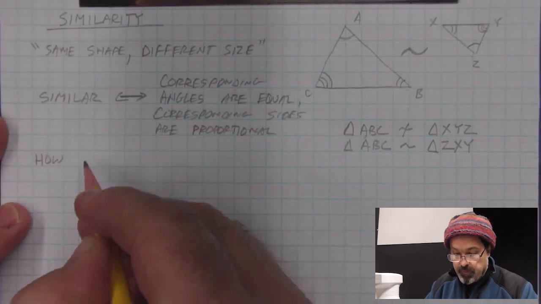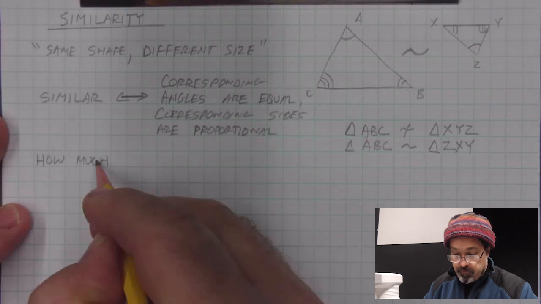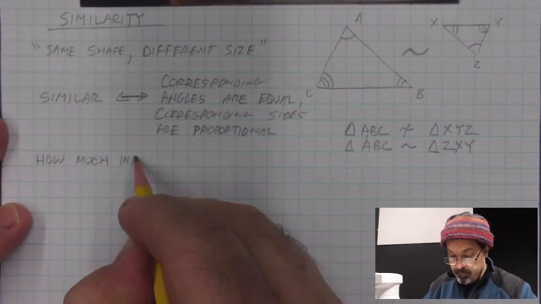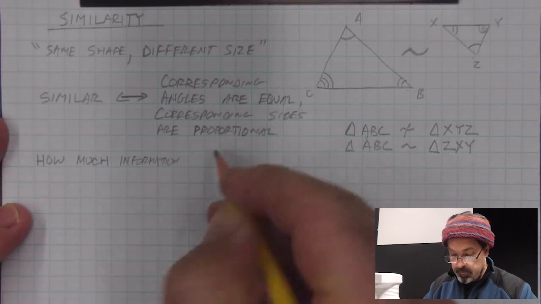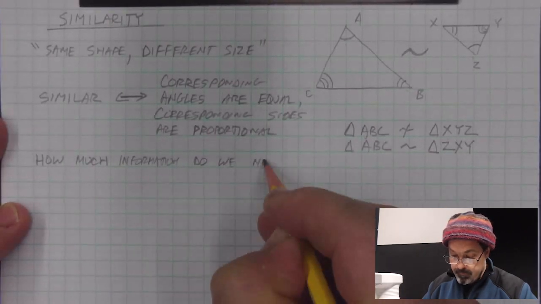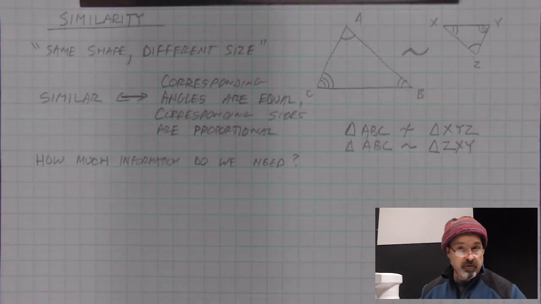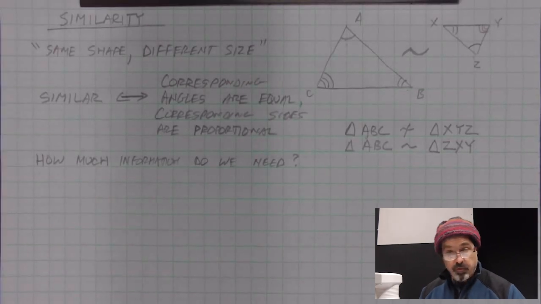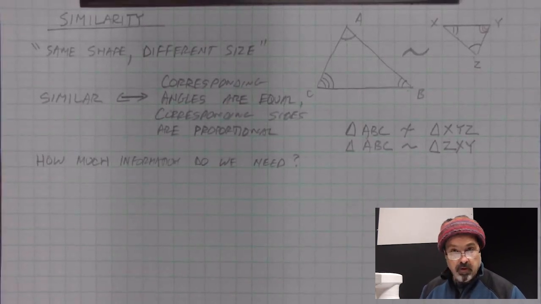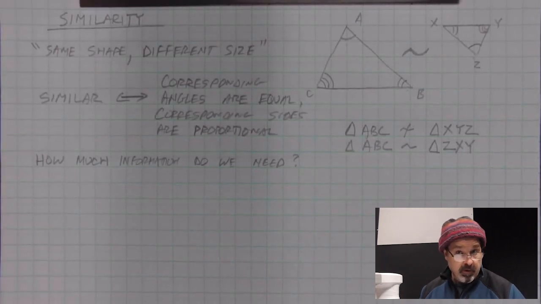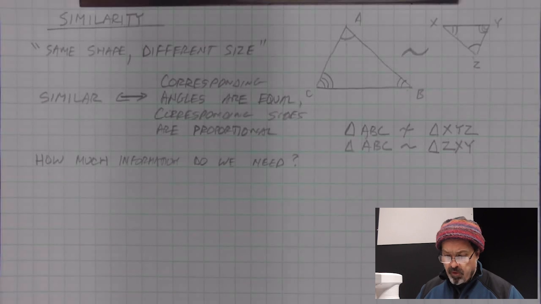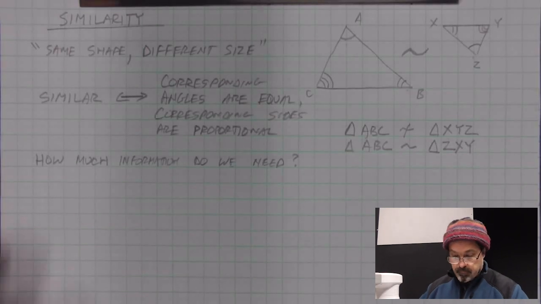So how much information do we need to prove that triangles are similar? We could certainly have all of the angle measures and all of the side measures and use that information to prove or not prove that they're similar. We could justify that they cannot be similar if we're given the right information. But we don't always have all of the angles and sides. Sometimes we only have a few bits of information. So what information is enough? Well,